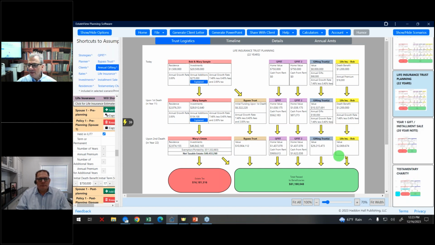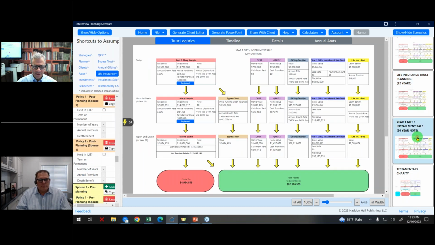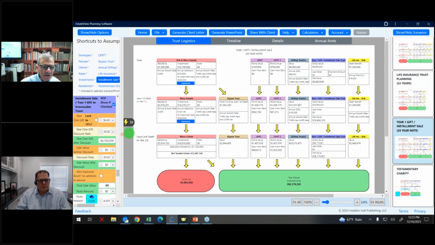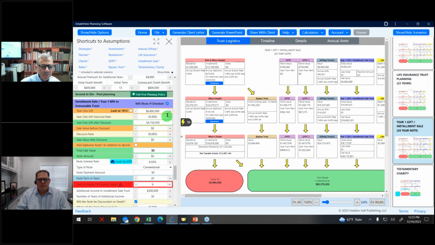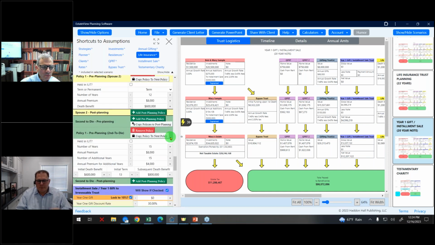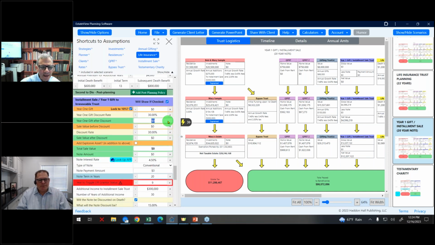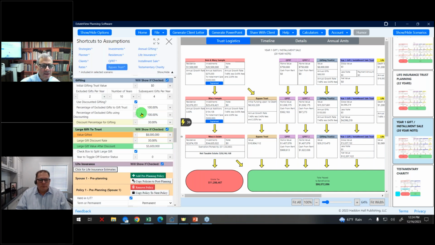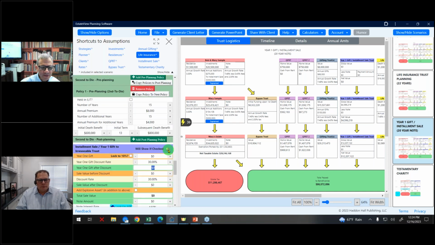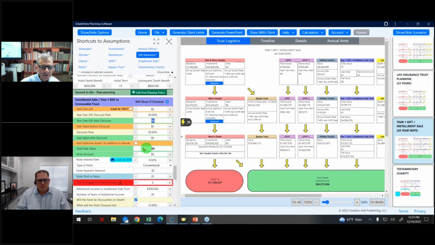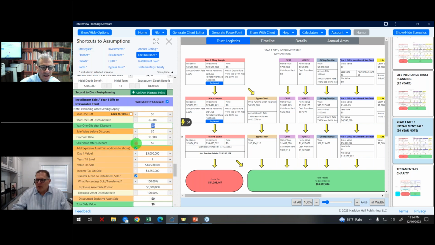Then I might want to do an installment sale. So I can click on installment sale, and this takes me to the installment sale inputs on the left. And I can put in a 10% gift if I want to make sure I'm satisfying the 10% gift amount. And I can decide how much I want to sell. Oh, I've got to click on my installment sale calculator, click it on, and then I can also installment sale